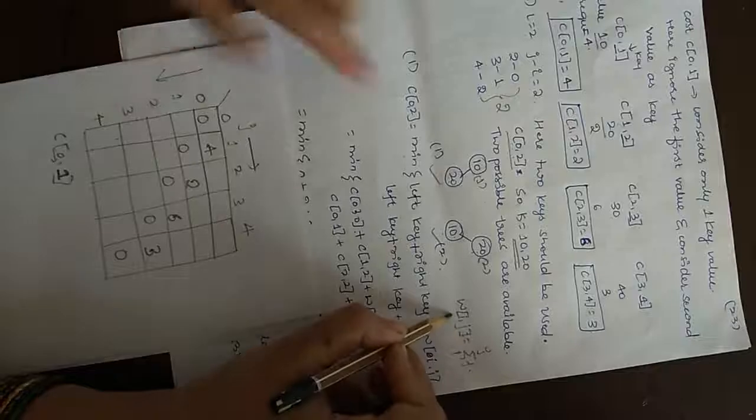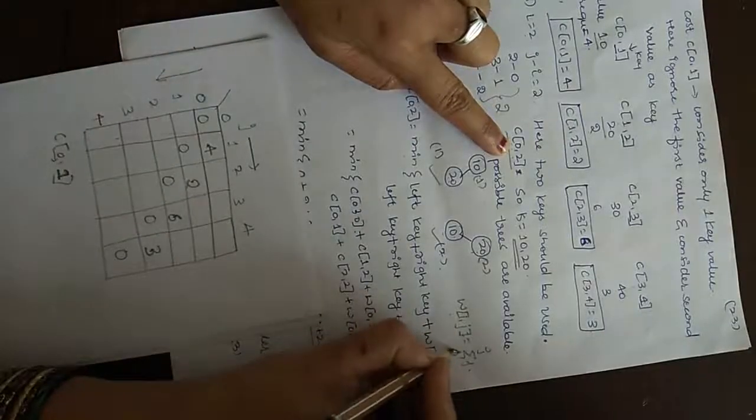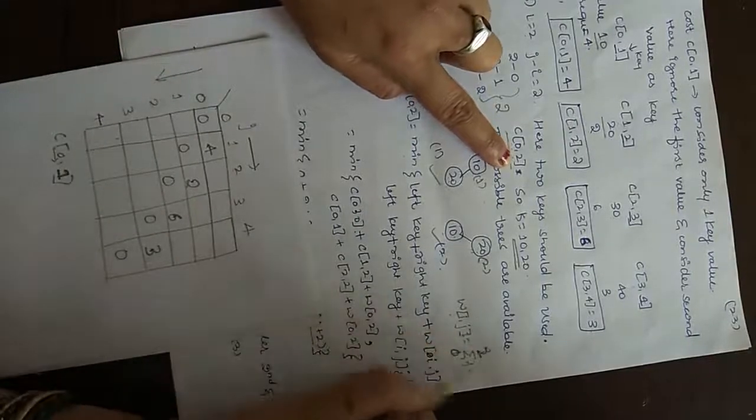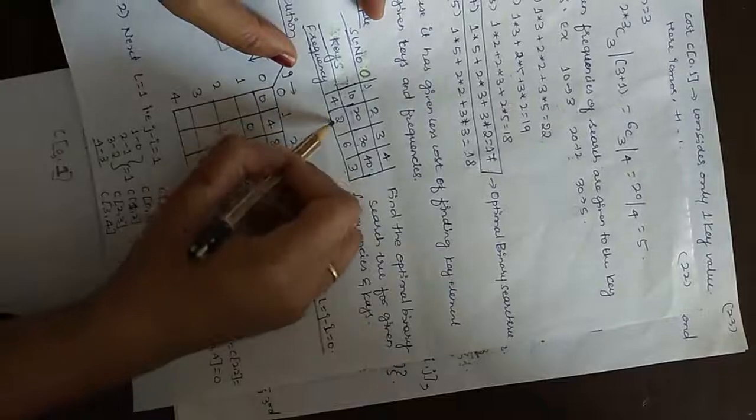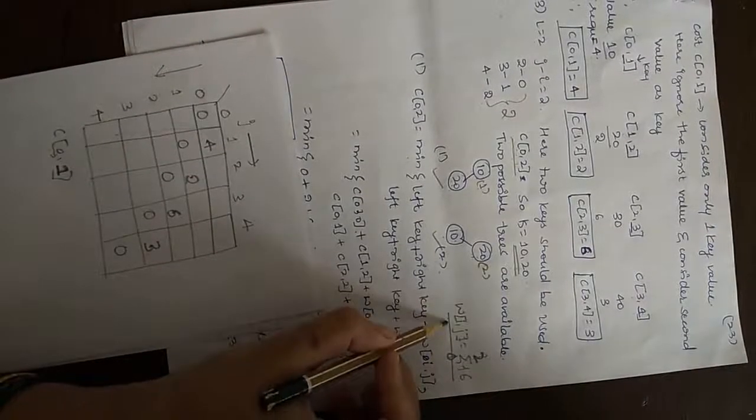Now here I value is 0, J value is 2. So starting from the 0th key up to 2 keys. 0 means 0 is not there, so we are taking 1 and 2. What are its frequencies? 4 plus 2. Summation of F: when I is equal to 1, I am having 4. When I becomes 2, I am having 2. So 4 plus 2, that is 6, is the value of W of I J. Understanding? So W of I J gives you the total summation of the frequencies of the keys which we are considering.